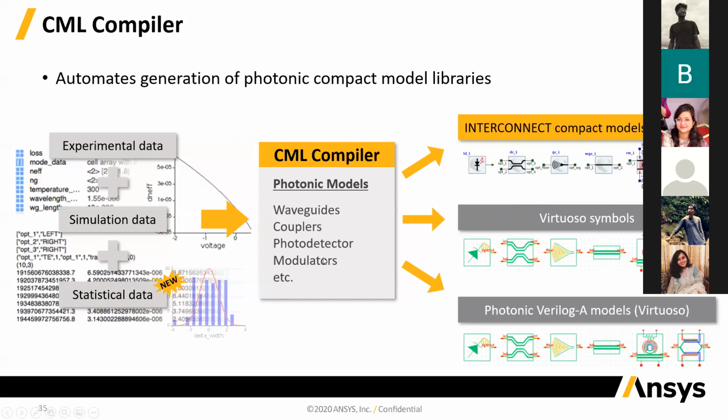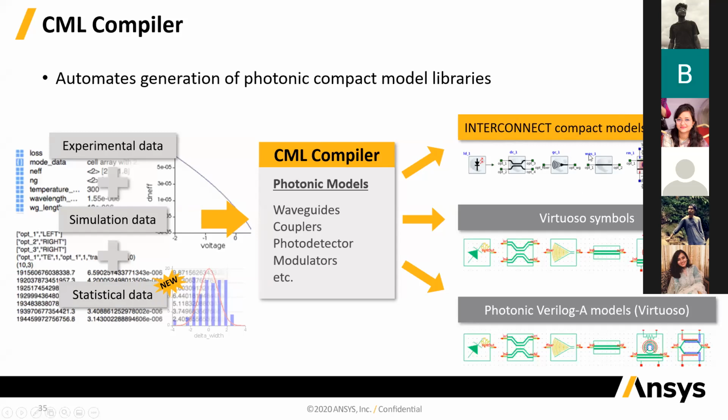So it's a relatively new tool that allows you to gather all the necessary data for your components, either from experiment or simulation. And then, like we saw, if you want to create a model that allows you to do Monte Carlo simulations, then you need to add some statistical data as well, which could be just how the index of your waveguide varies as you fabricate it multiple times, right? So you include the variation of your index or the thickness of your waveguide or the width of your waveguide, that information, into the model. Everything goes into CML compiler, and then it gives you these compact models automatically. So you don't have to worry about building those compact models yourself.